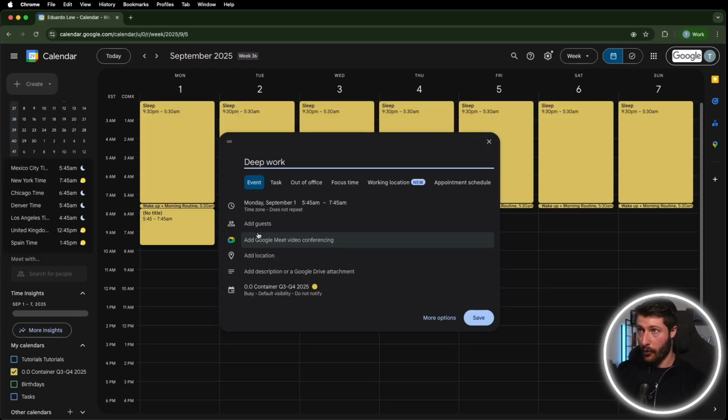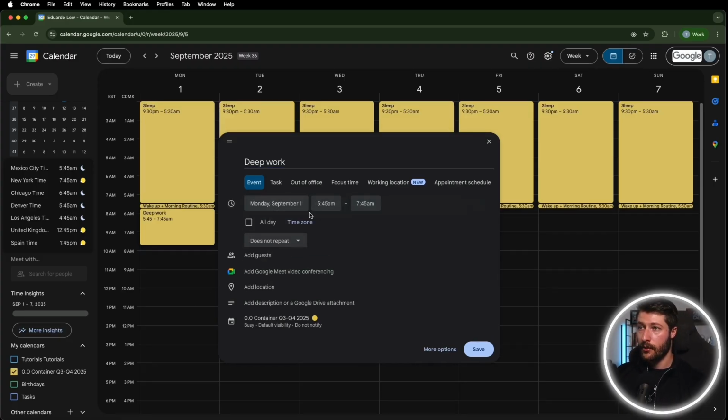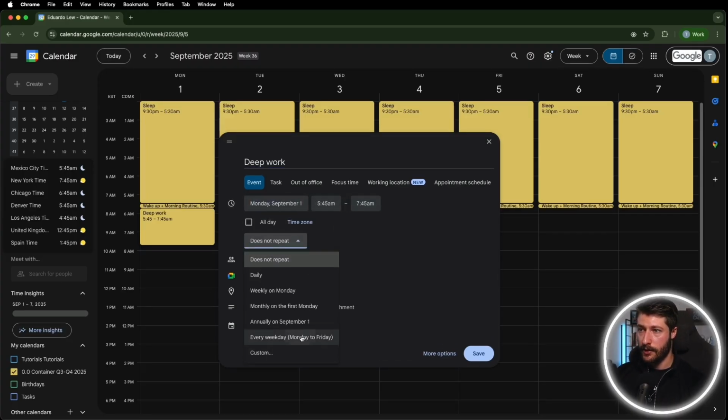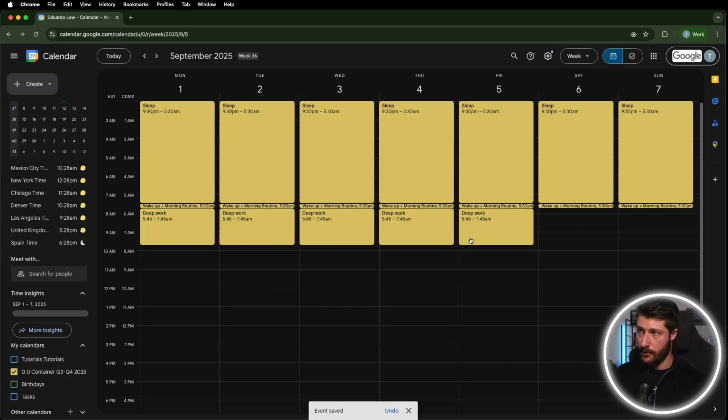And here I'm going to be doing the most important task of the day, the thing that is going to have the biggest impact right now with the business. And I'm going to make sure that I'm doing that from Monday through Friday. So if I go here and I just click every weekday, Monday to Friday, it's just going to automatically put it there. Then after that, I like to take a break to do some cardio and exercises for my back